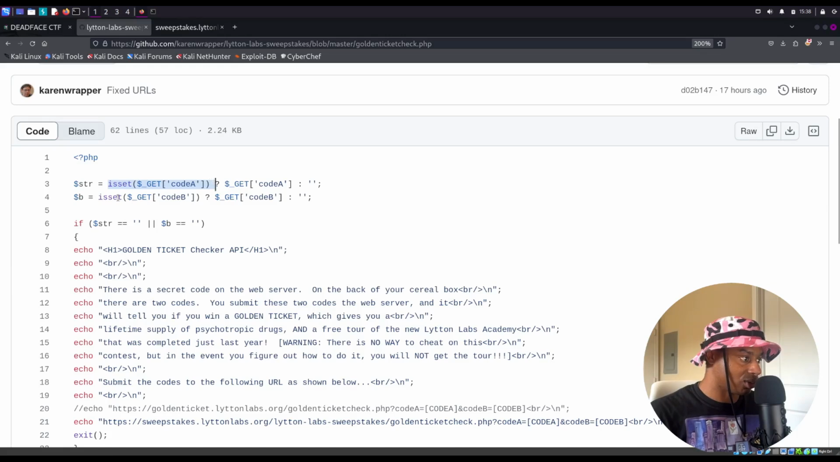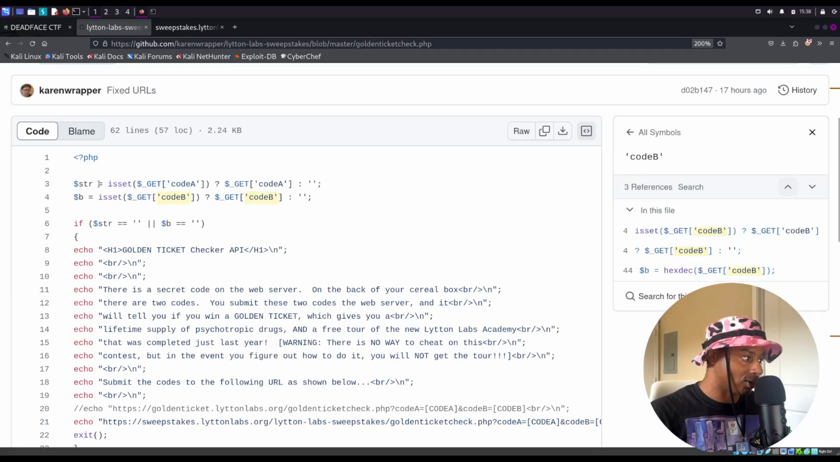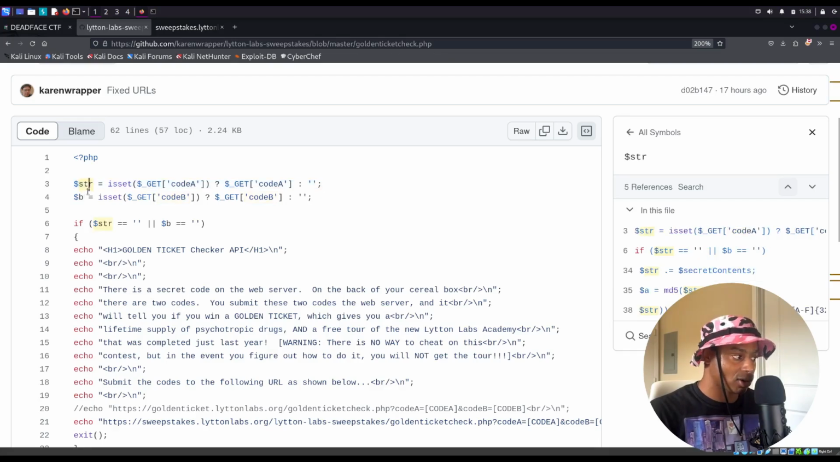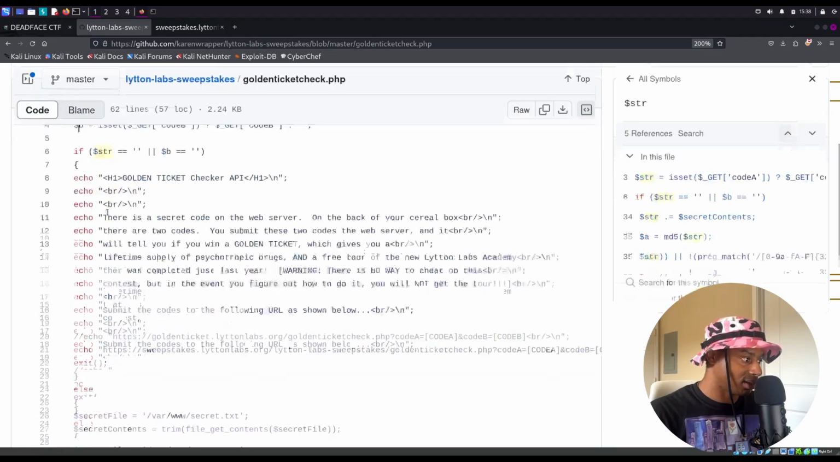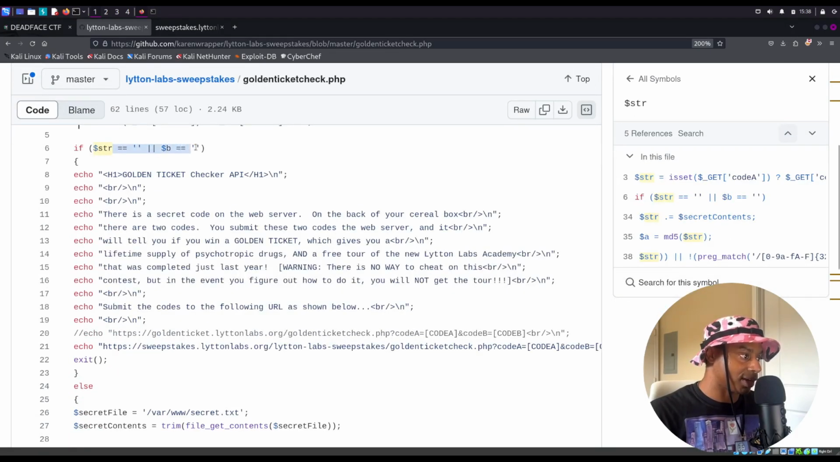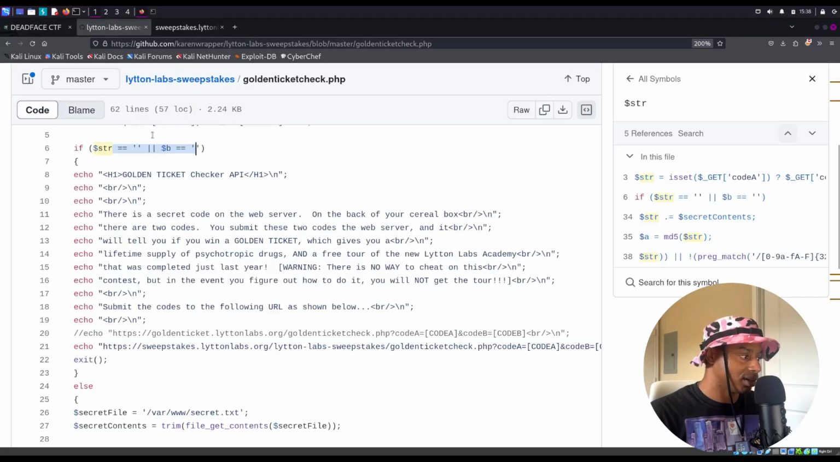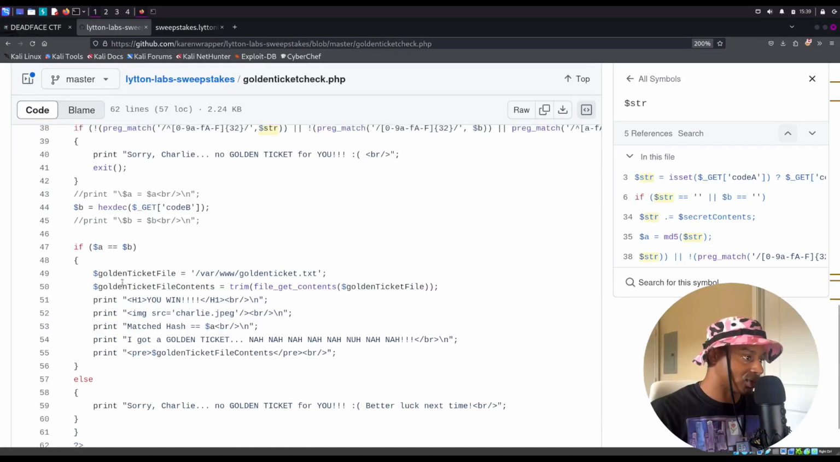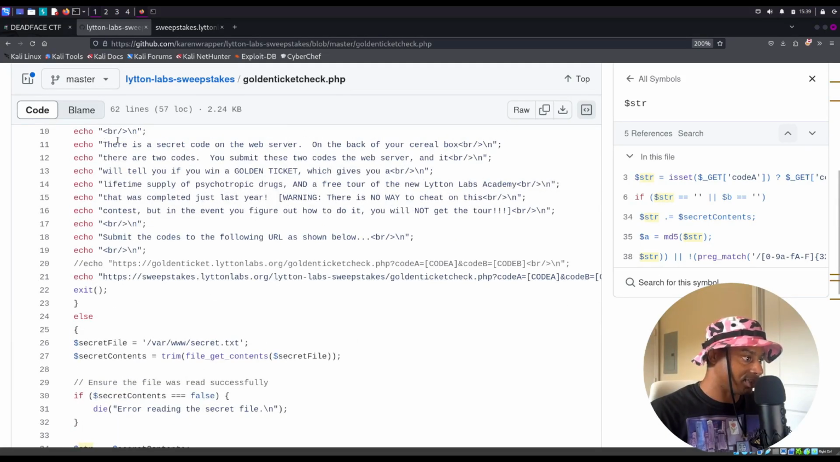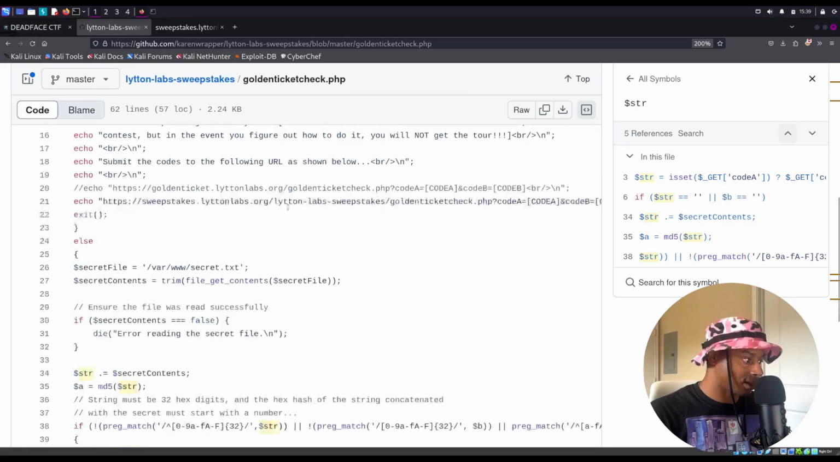Okay, so if code A and code B are set in that URL, they will be saved as two variables. Code A will be saved as str, short for string, and the second one will be set for B. If both of these values are empty, which is what we just did, right? We took them away, we got rid of them. So both of those values are empty, then print out this message that we saw earlier. There's a secret in the web server. If we scroll down,